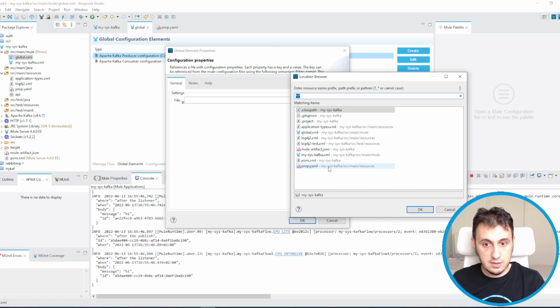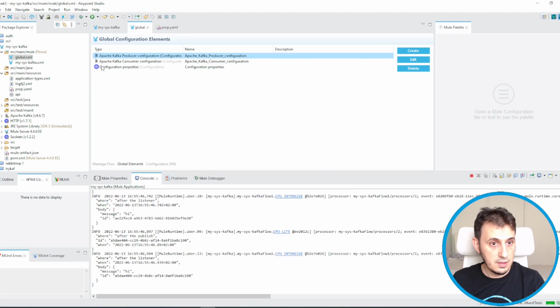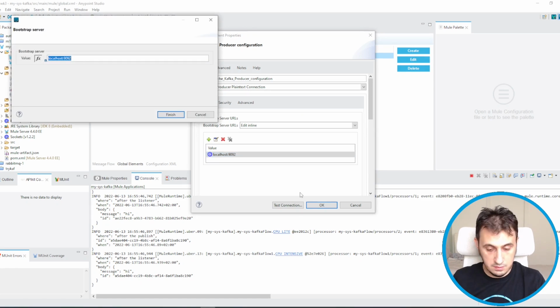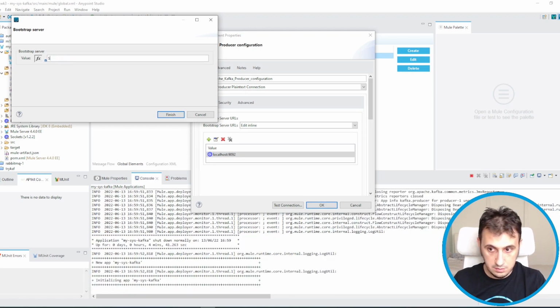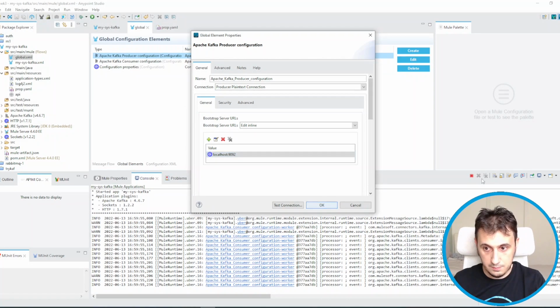So let's select prop.yaml. Let's modify this. Maybe I can stop. It's better if I stop.